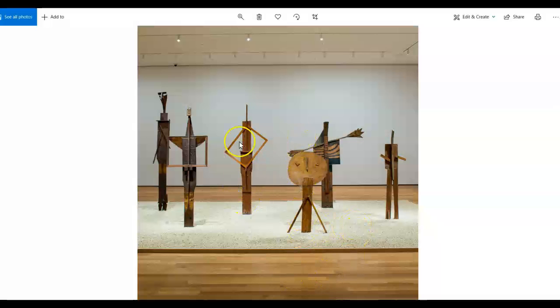So each one of them is almost symmetrical. I mean, this one's quite symmetrical. This one's really quite symmetrical,